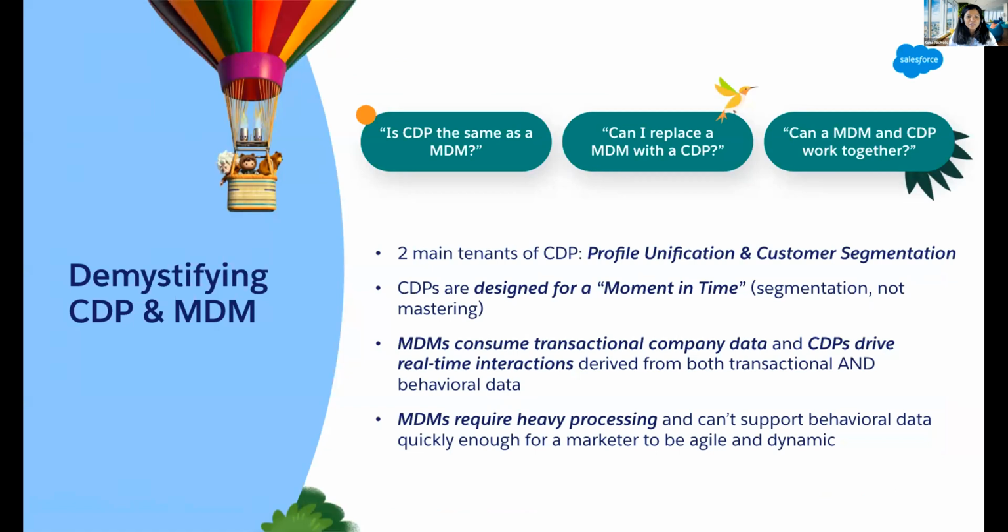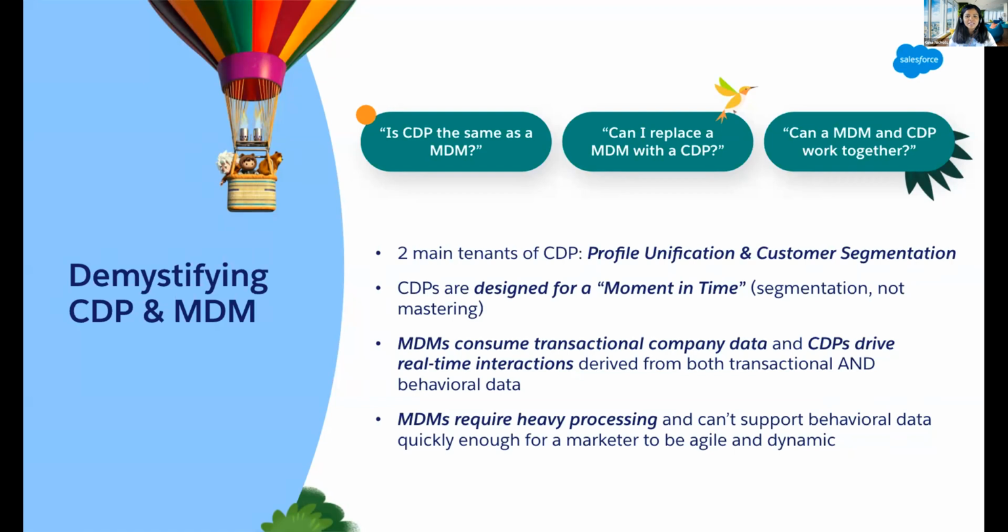A common misconception in the field is that CDP will unify data from all data sources and create a persistent golden record with an ID that can then be federated to downstream systems. It's important to note that CDP is not a MDM. It cannot create a golden record and an ID that can be persisted. CDP can, however, perform identity resolution by clustering records together that you can then use for driving a moment in time segmentation. CDP is not the same as MDM, and you can't replace a MDM with the CDP.